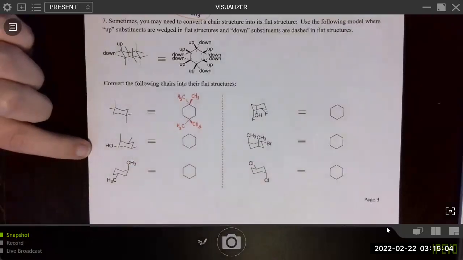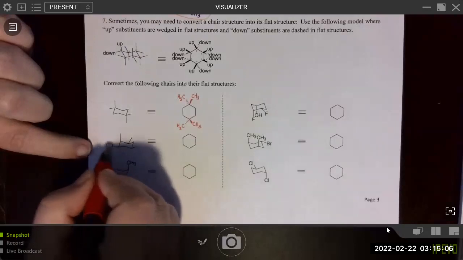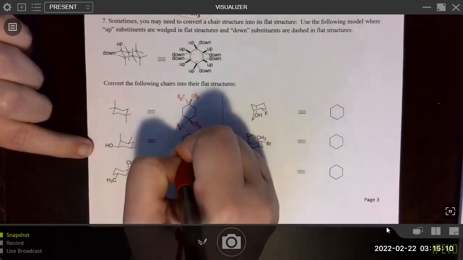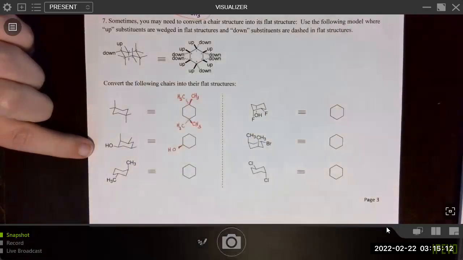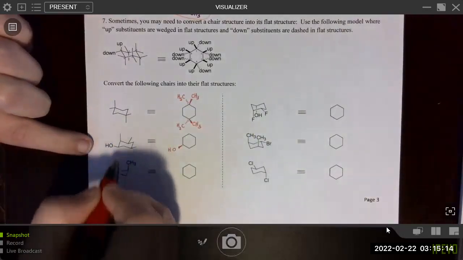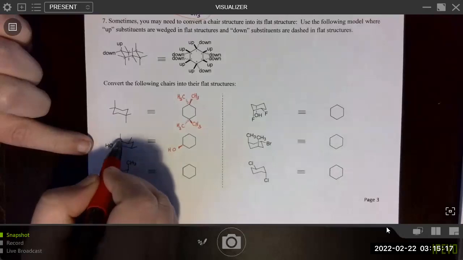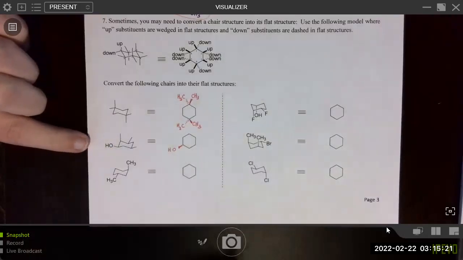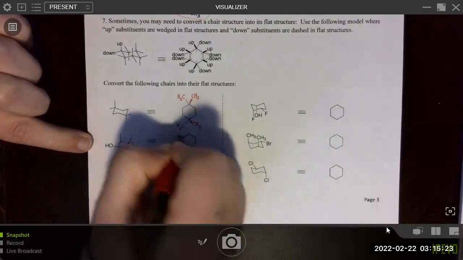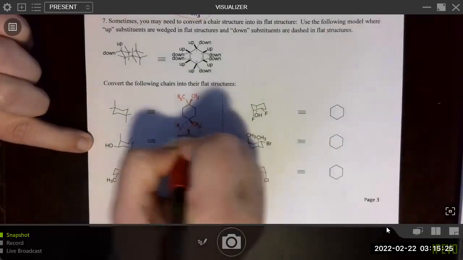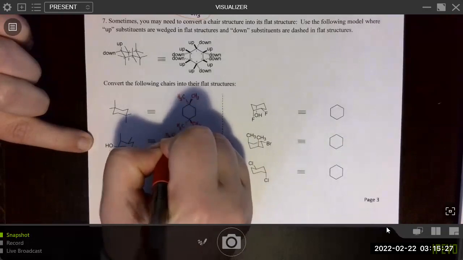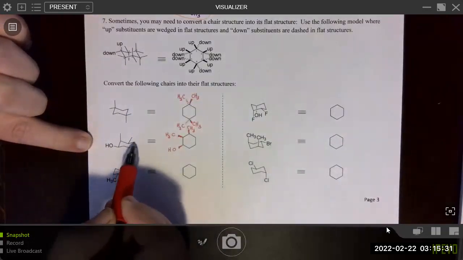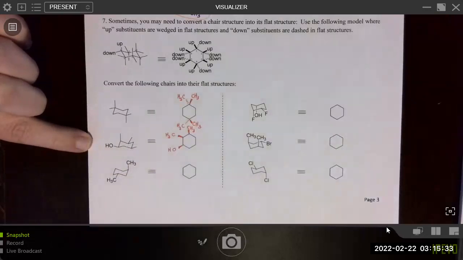So for example, perhaps I could place this up hydroxyl right here. Then I just need to work clockwise, right? So now I also have an up methyl and another up methyl on adjacent carbons. So we'll make sure to place those in. And then I have just a CH2 and another up methyl.